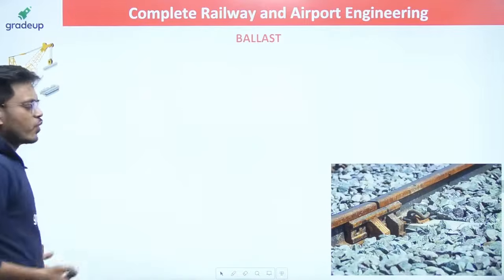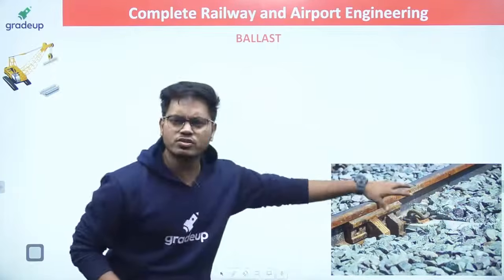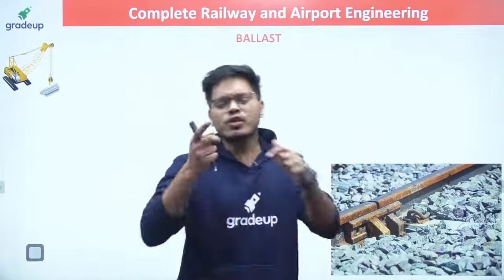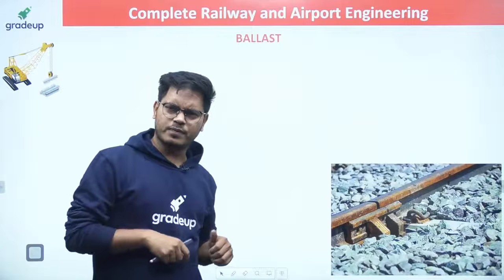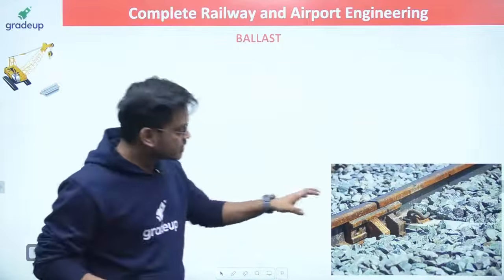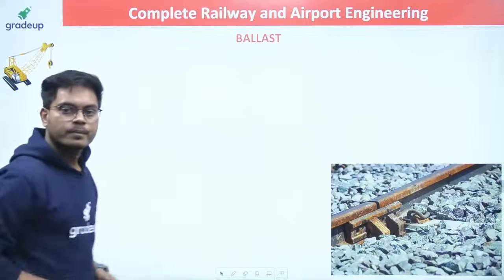So first of all, ballast, guys, how many of you have seen this? Can you please let me know in the comment box? These stones lying on the railway track. Have you ever wondered why these stones have lied there? Have you ever wondered that, okay, why these stones have been thrown there? Right? There will be some reason. Actually, this is your ballast and this basically provides flexibility to your pavement.